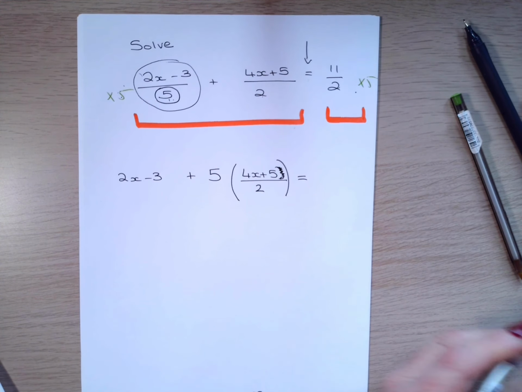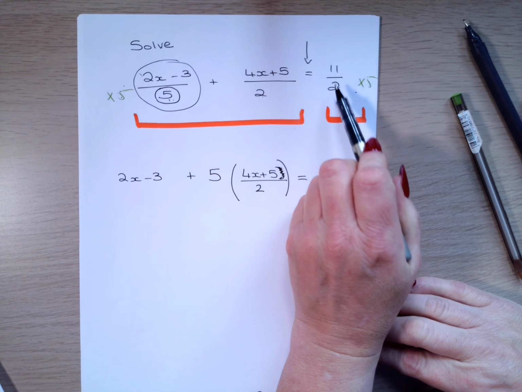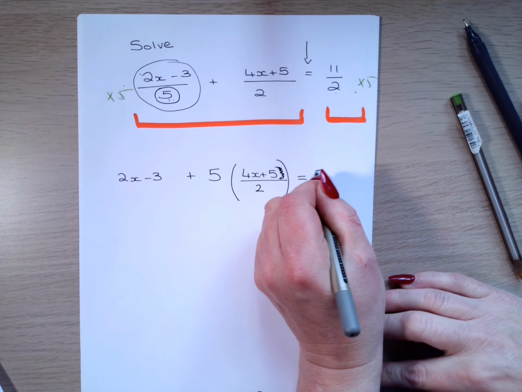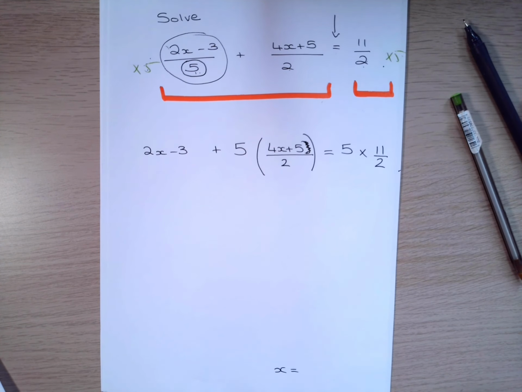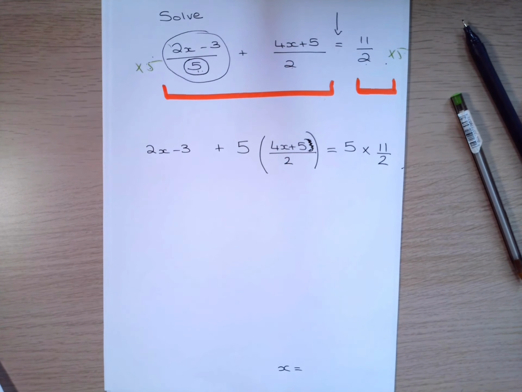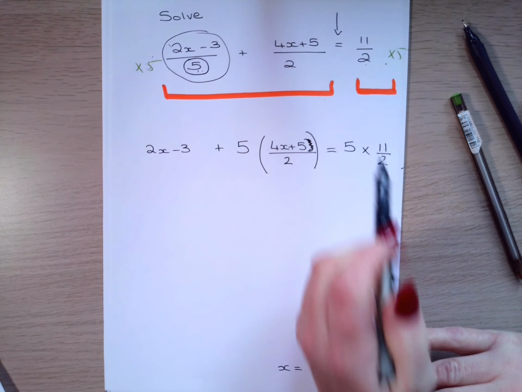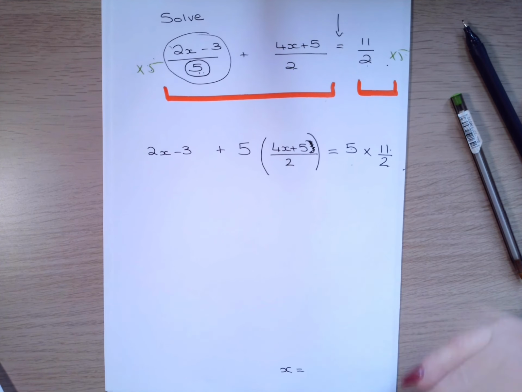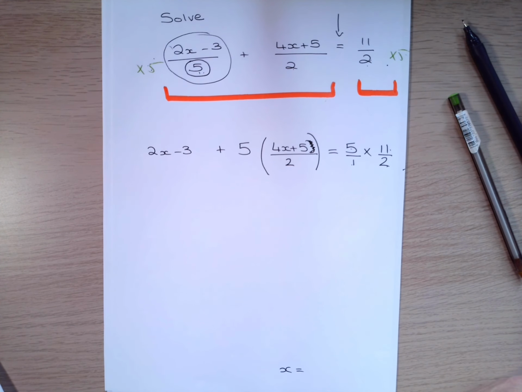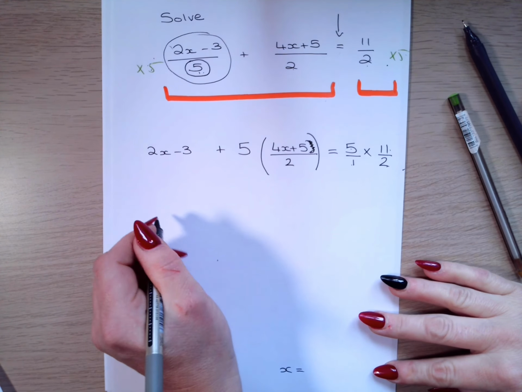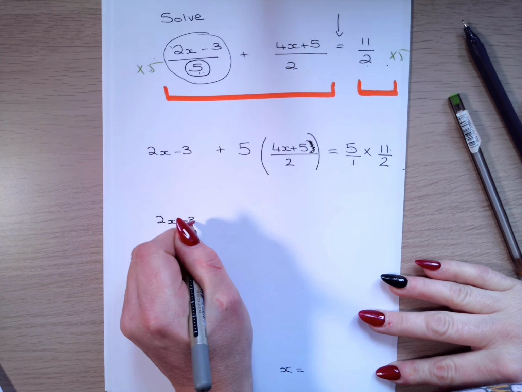And then remember, we have to do the same to both sides. So we multiply this by 5. So 5 lots of. We've got rid of that 5 under there. Now, is there anything we can simplify at the moment? Well, think about when we're multiplying two fractions together. A little tip is, just stick a 1. If you've got a whole number and you're multiplying it by another fraction, just stick a 1 underneath the whole number. And so we end up with 2x minus 3 plus